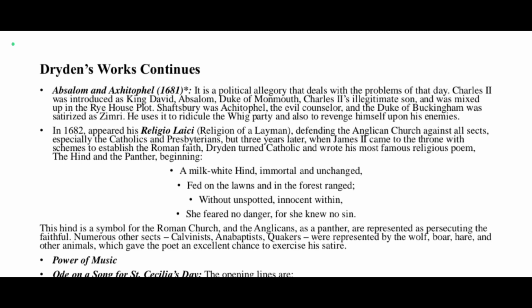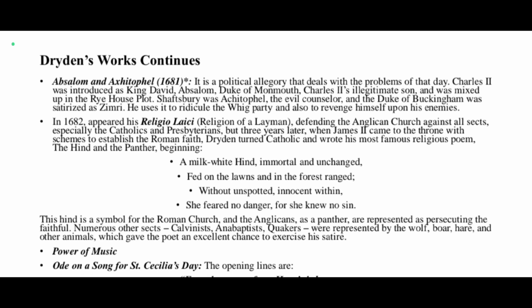In 1682 appeared his Religio Laici, Religion of a Layman, defending the Anglican Church against all sects, especially the Catholics and Presbyterians. But three years later, when James II came to the throne with schemes to establish the Roman faith, Dryden turned Catholic and wrote his most famous religious poem, The Hind and the Panther, beginning: a milk-white hind, immortal